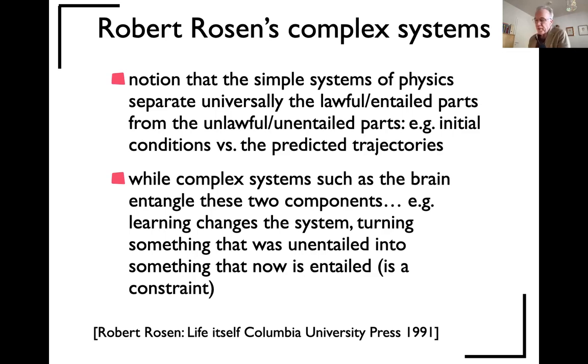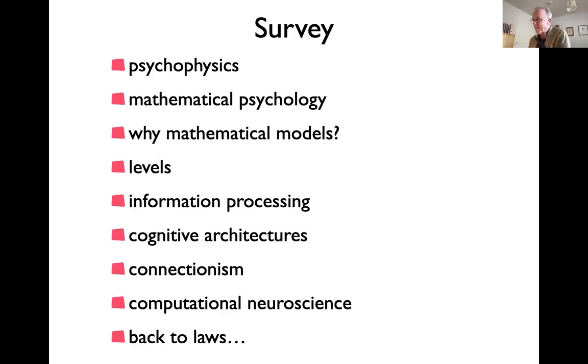In physics, physical systems would be simple in that it's always the initial position and velocity that is unlawful, and then the future position and velocity that is lawful. I can't go too deep into that, but that's like a really interesting teaser. He uses Gödel's theorem to construct systems which are constrained, but there's no prediction possible. Kind of very fancy.